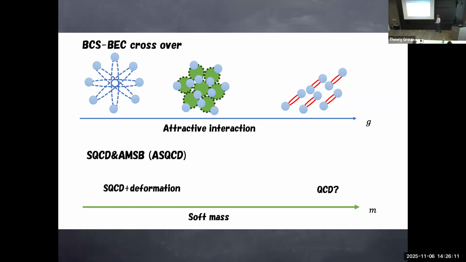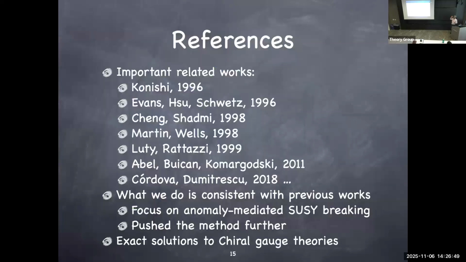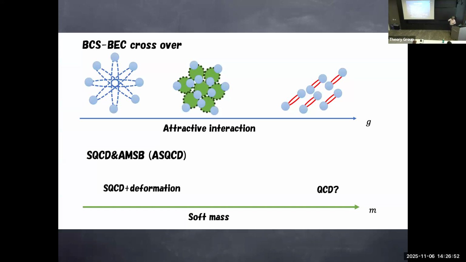So what I believe is going on is that also in the non-perturbative gauge theory, small SUSY breaking is where you can analyze the system exactly, and you can show certain symmetries are broken. The strong coupling limit corresponds to large supersymmetry breaking. And as long as they are continuously connected, what you can work out here would tell you something about what's going on over there. So we do have systems like that elsewhere in physics, and I believe the same thing is happening for non-perturbative gauge theories. So that's the picture. There are many references here I don't go through, but now I see a hand up, so please go ahead.